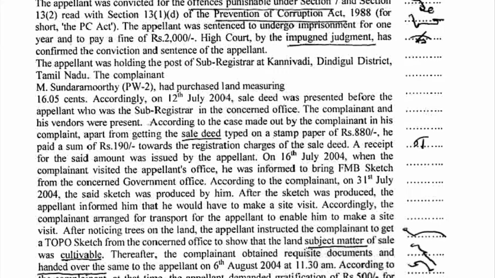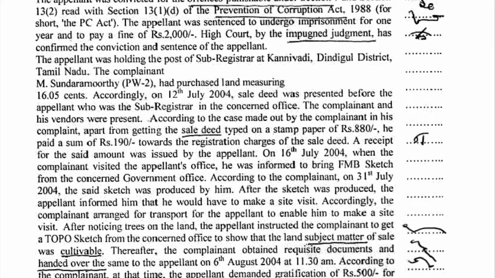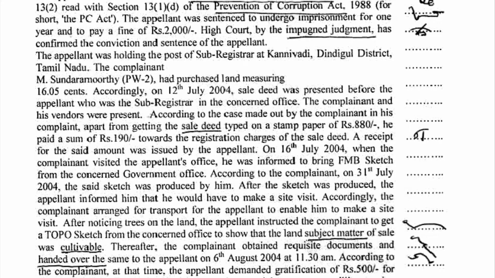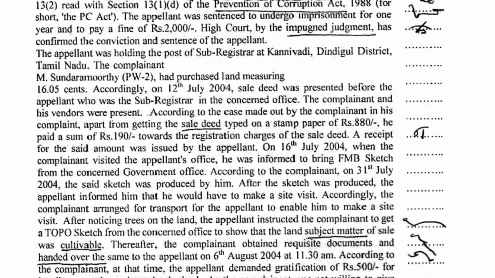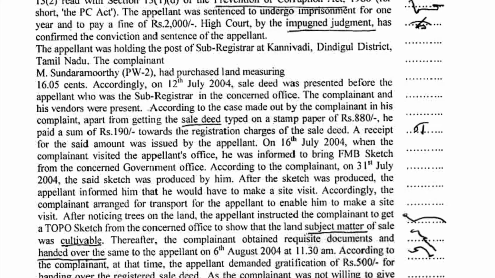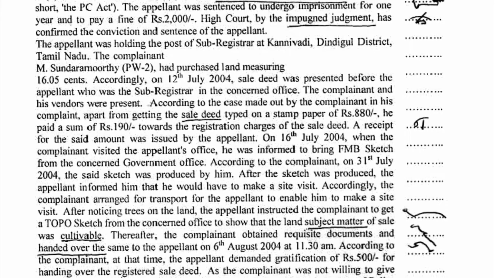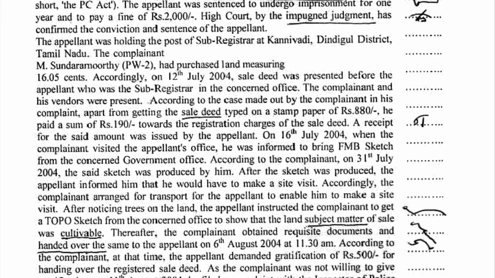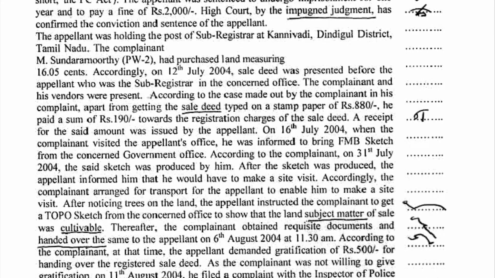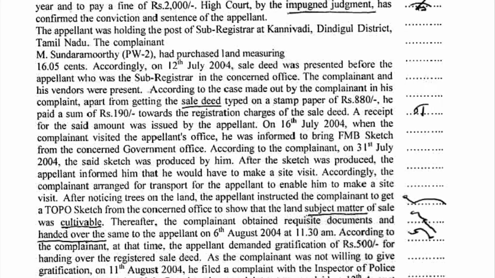According to the case made out by the complainant in his complaint, apart from getting the sale deed typed on a stamp paper of rupees 880, he paid a sum of rupees 190 towards the registration charges of the sale deed. A receipt for the said amount was issued by the appellant on 16th July 2004. When the complainant visited the appellant's office, he was informed to bring an FMB sketch from the concerned government office. According to the complainant, on 31st July 2004,